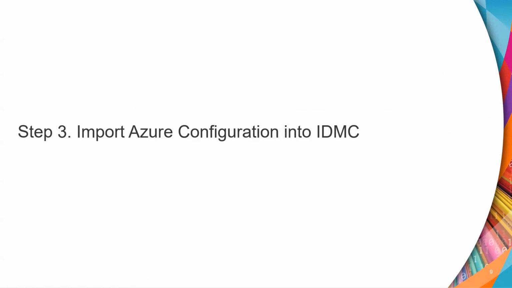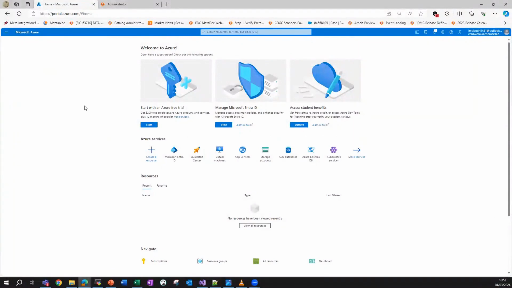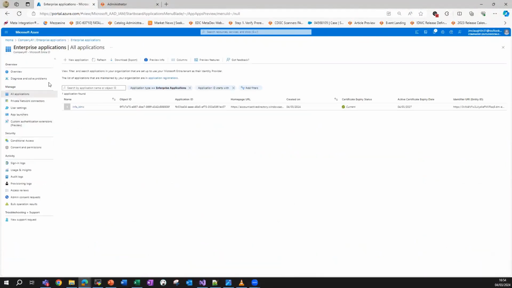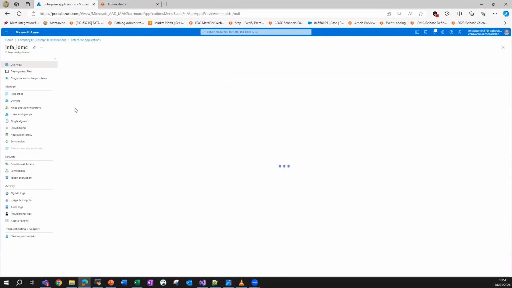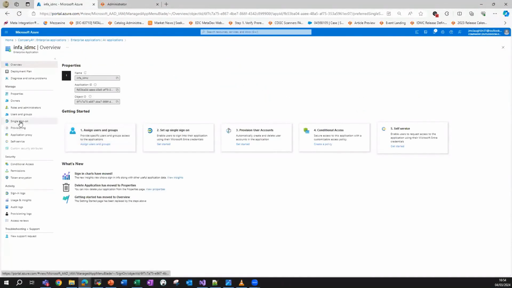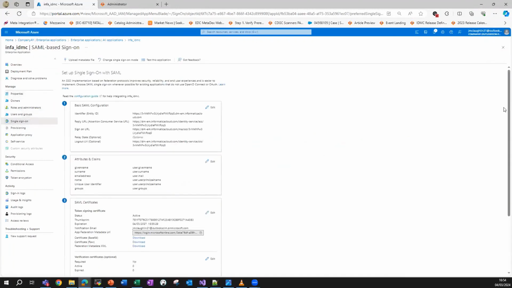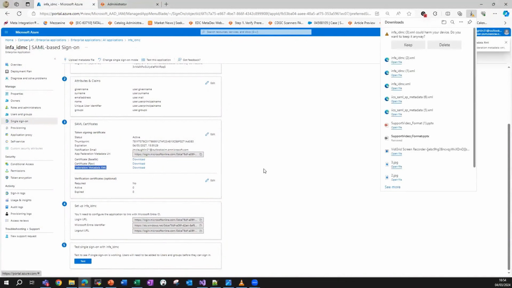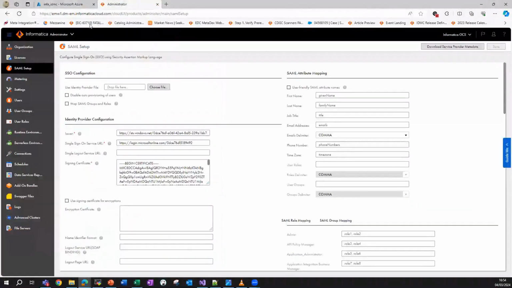Okay, third step is to import the configuration of our newly created application in Azure into the SAML setup page in IDMC. So I'm going to switch back to Azure again, and I'll explain the steps on how to do that. If you click on Microsoft Entra ID, in the next screen, let's open the enterprise applications and open our Info IDMC application that we previously created. In here, if we go into the single sign-on page from our application configuration, if you go to section 3, which says SAML certificates at the top, there is an option here for Federation metadata XML. If you download that file and click keep,